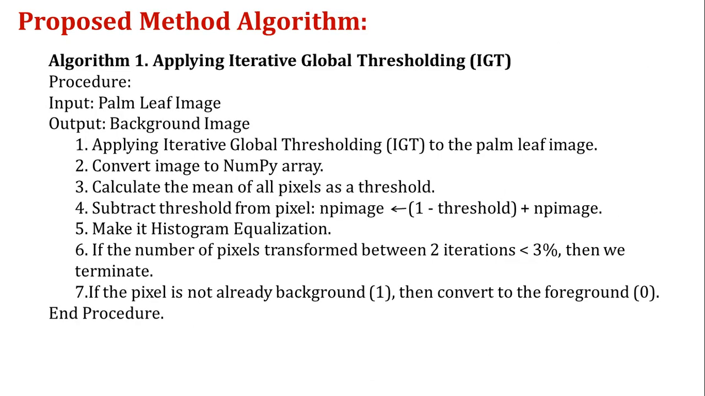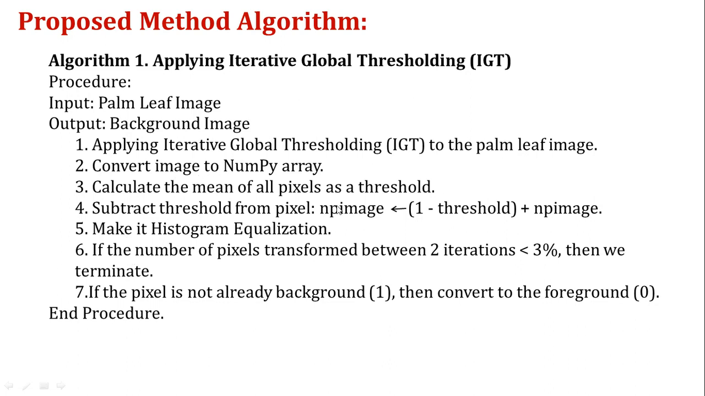The first part is the iterative global threshold, where we find the iterative global threshold with these steps. The second algorithm calculates average pixel values. Here we give a palm leaf image, and we get a background image from the first algorithm. So, applying the iterative global threshold to the palm leaf image, converting the image to a numpy array,